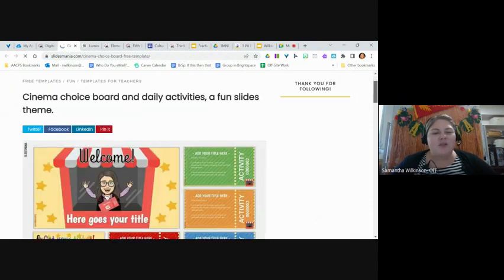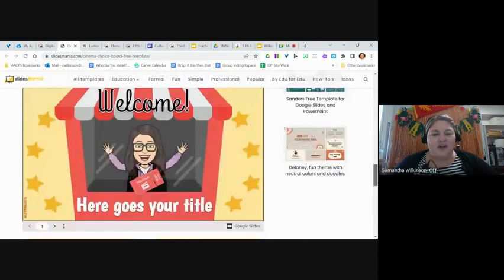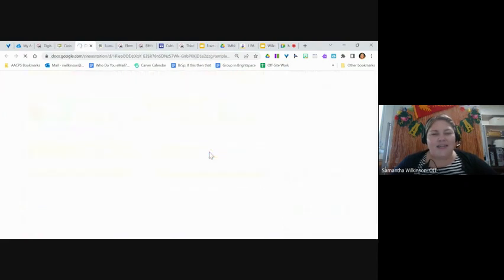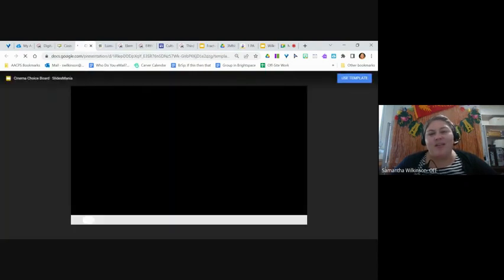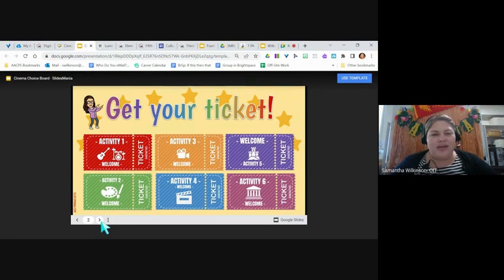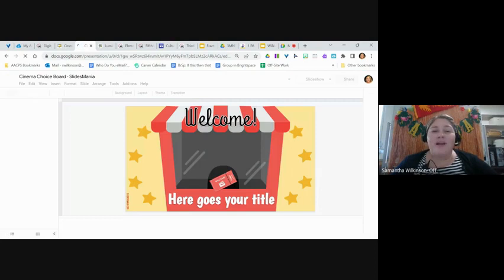Sometimes it will take you to a website to download. Here's some directions on how to do that. And if you scroll to the bottom, we can open in slides. It's going to do exactly that. It's going to bring us to that template page that I talked about earlier. Once again, you can preview if this is the one you want to use. Now, I might want to swap out this Bitmoji for one of me, and maybe I don't need all of these slides, so I want to customize. I'm going to go to the blue Use Template button, and it's going to create my own copy in my